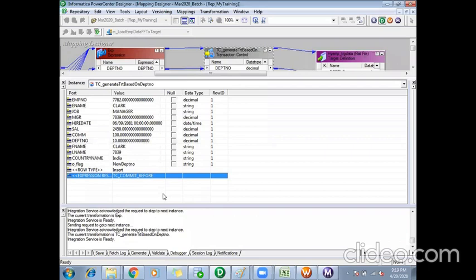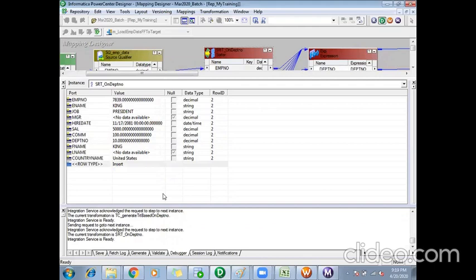What TC commit before will do is, if there were any earlier transactions, they will be committed, and this particular record will go to a new transaction. Then again I will press F10. So again it came to the sorter. The next record, expression, same department number.